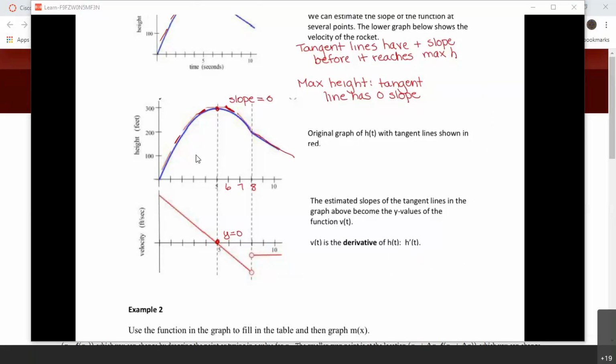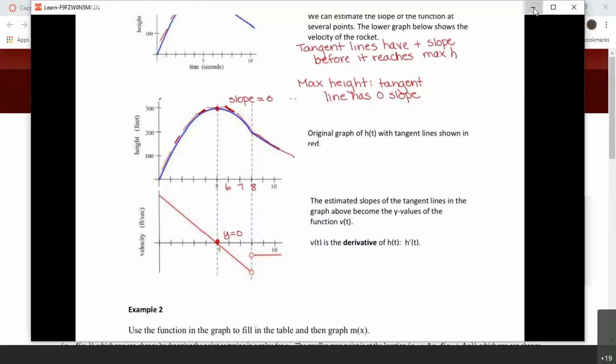Okay, so again, the y values on the red graph are the slopes of the tangent lines on the blue graph. Another way to look at it is the red graph, v of t, is the derivative of the blue one. So this red graph down here is the derivative of the blue one. If the red graph makes sense, I'm going to share another applet with you that's in week 3